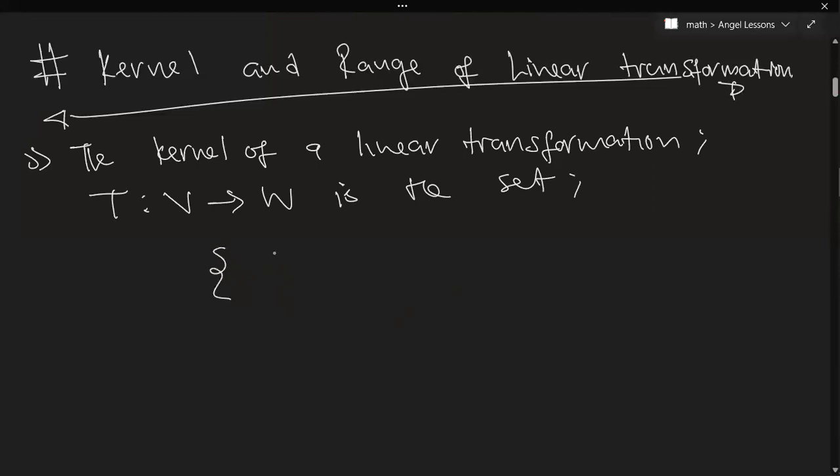It is the set which consists of elements V such that T of V is equal to the 0 of W. Like that, you see. So this kind of set which is found in this way is what we refer to as the kernel of a linear transformation. And it is denoted by Ker T like that,